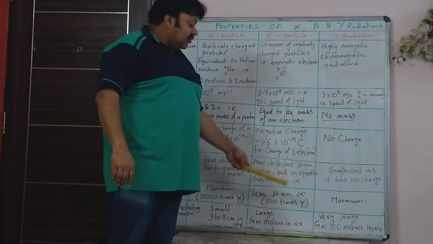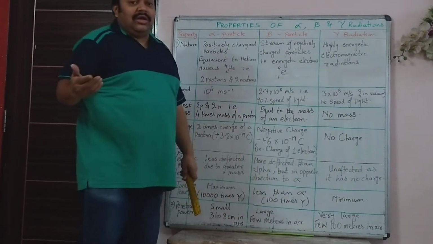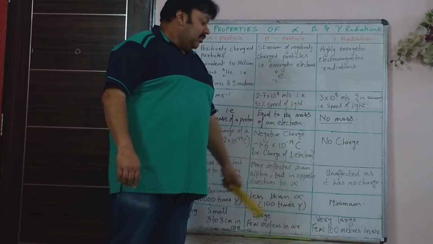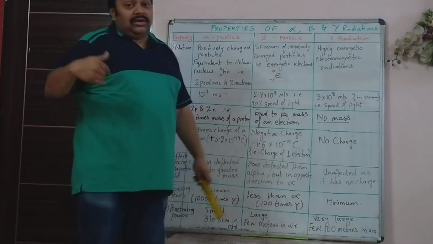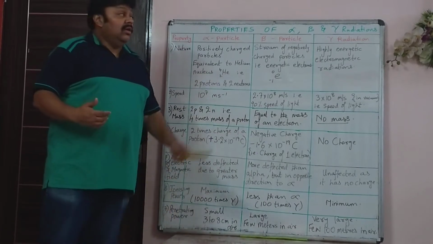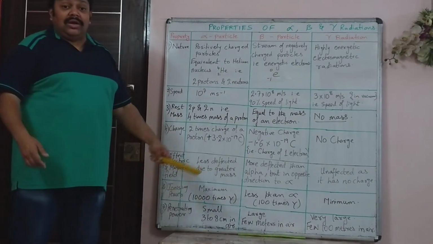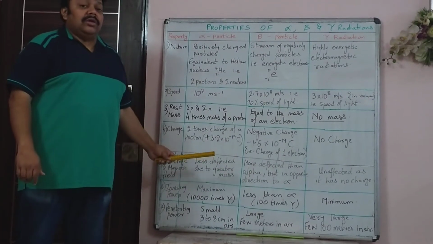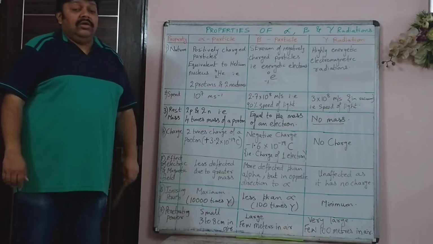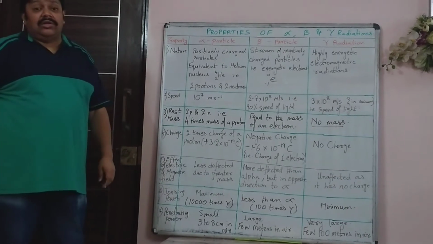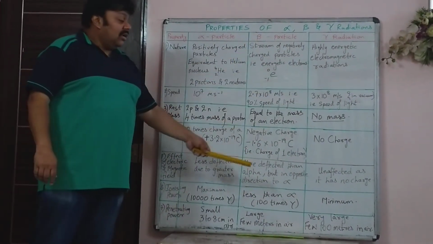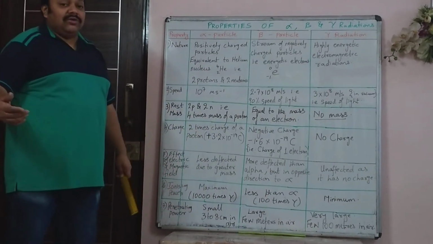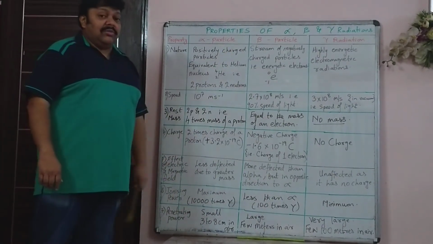And gamma radiations have extremely large penetrating power. That is, almost 100 meters in air. It can travel through your bone and skin. That is the reason why it can cause maximum biological damage, because it can alter our DNA. So that can cause genetic disorders also. So gamma radiations are very, very harmful. The most harmful for biological damage is gamma radiation.